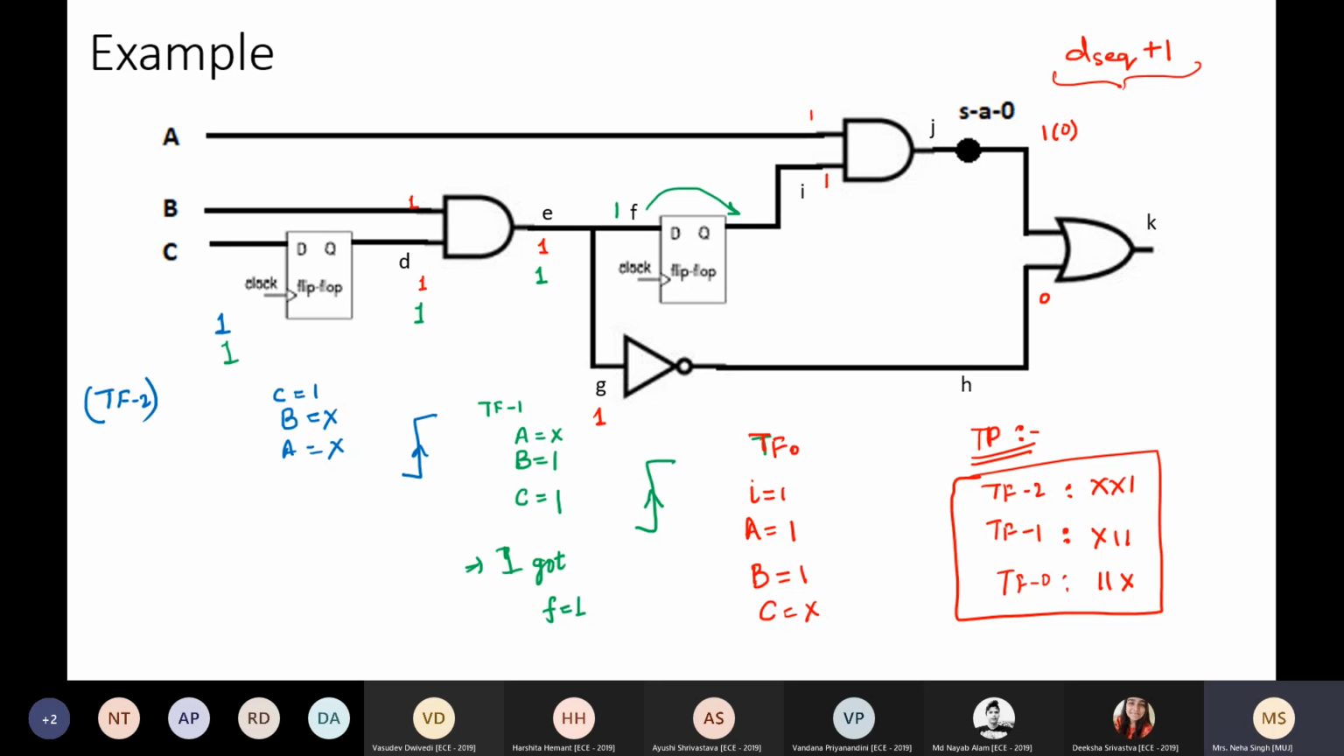pattern. So that my fault list keeps on reducing and I am able to have a smaller number of test patterns generated to detect all the faults. The aim is to detect all the possible faults in my circuit. We will focus on stuck-at faults only, not bridging faults and other faults, because if we ensure that stuck-at fault is covered fully